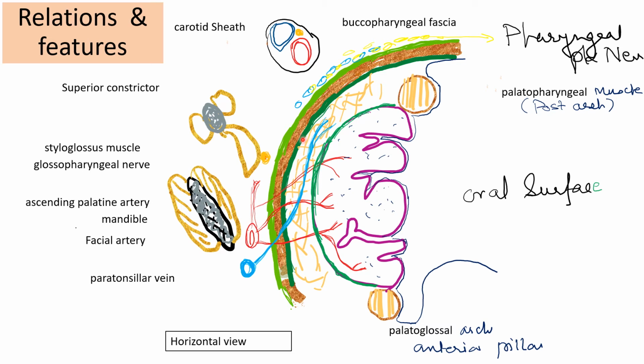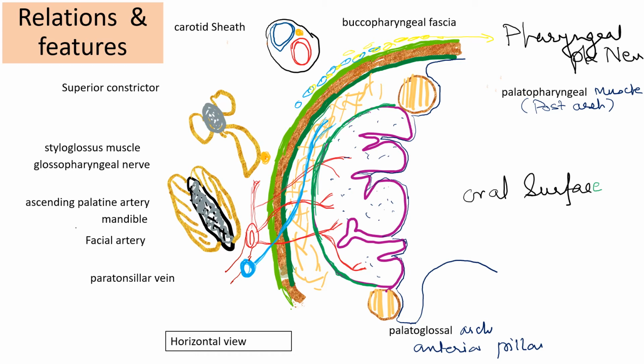The inside surface of the superior constrictor muscle is lined by the pharyngobasilar fascia, which I have made with the green color, and outside is lined by the buccopharyngeal fascia. So remember, buccopharyngeal fascia is bahar, B for bahar, buccopharyngeal is on the outside. Okay, then further laterally we have the facial artery running in this area. The facial artery is giving branches, the tonsillar branches, which are going to supply the substance of the tonsil mainly from the inferior pole.